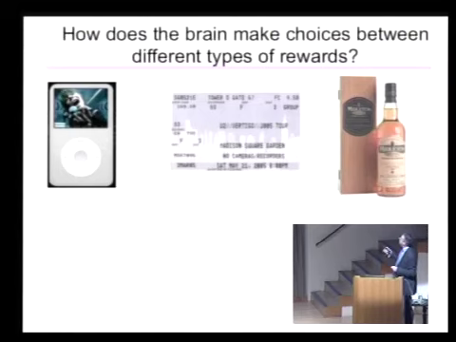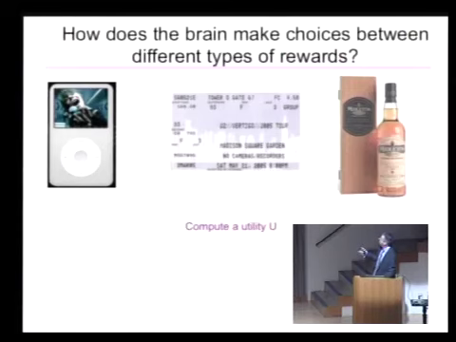And so presumably what we do is we assign some kind of utility to these things, and they get compared on some sort of common utility scale. And so here's an example. Here's 3 items. Here's an iPod. Here's a U2 ticket in Madison Square Garden from 2005. So maybe that's not that useful now. And here's a bottle of Middleton Fine Irish Whiskey. And I should say this, if there are any Scottish people in the audience, this is real whiskey, proper whiskey.